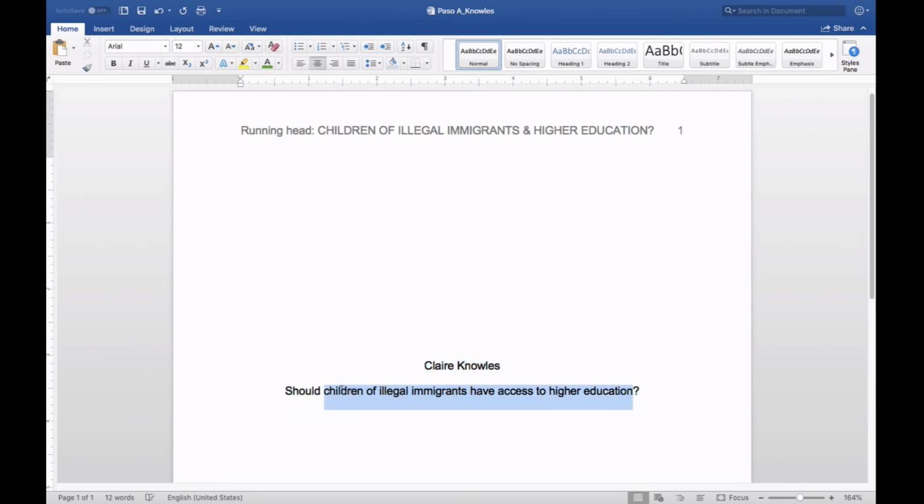The last thing I want to do for the title, now I do not need to make it shorter. This is my full title present here. Only the title in the header needs to be 50 characters or fewer. So I'm going to select it all, and then I'm going to capitalize each word. You can do it manually. This just saves a little bit of time, but I do have to go back, and all my minor words,